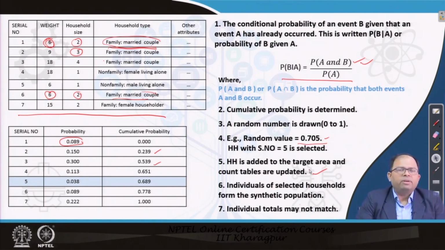So that is what we have explained earlier in the steps of fitting and allocation. Individuals of selected households form the synthetic population, and sometimes individual totals may not match. Even when a household is selected and, based on each household, we determine the individuals, of course the individual totals may not match the area's control totals for individuals, but the household totals will